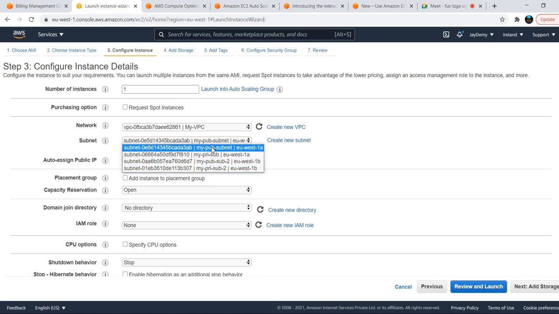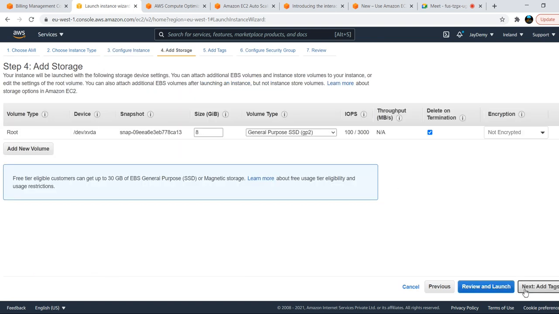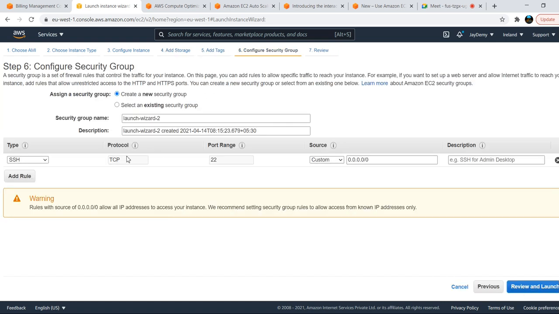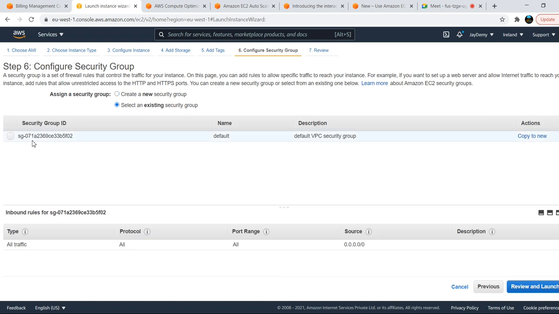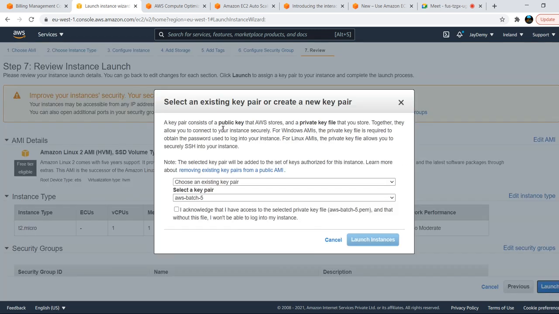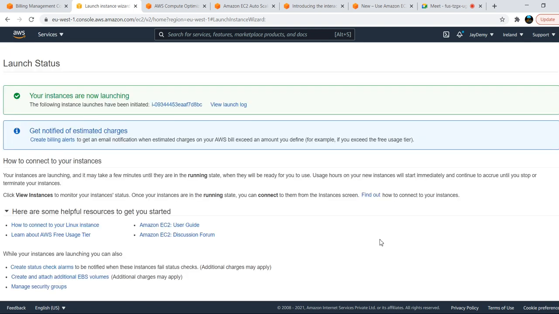Here a public subnet only we need to choose, my public subnet in 1B. Now add storage, and use the default security group which we already have. Then review and launch. Just launch this instance, acknowledge that you have the same key pair when launching your EC2 machine.